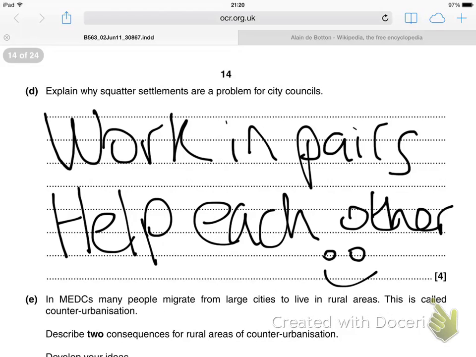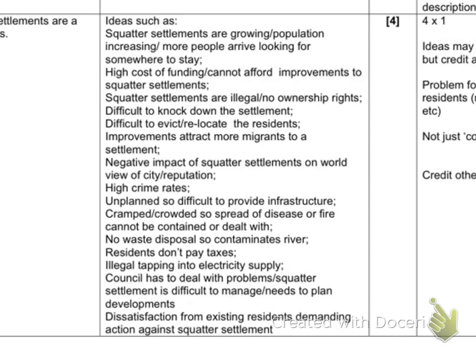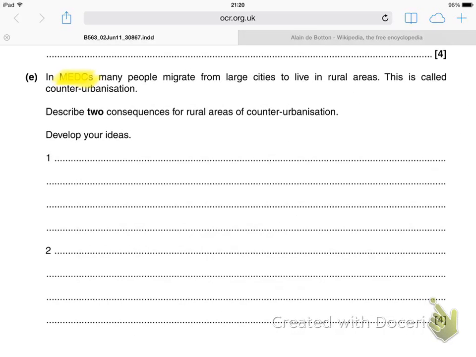Okay, you should have had enough time now to come up with some answers. So we'll have another look at the mark scheme to make sure that you've got a good selection of answers and that you're on the right track. So here's some of the options. Have a read, see which ones you've got, and add some extra to your answer to make sure that whilst you're revising, you've got as much information as you possibly can. Please pause the projection now to allow students to add to their notes.